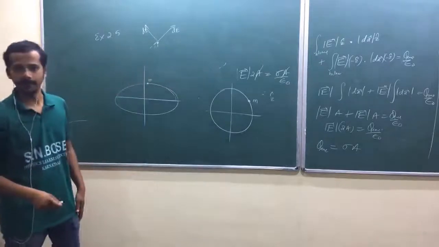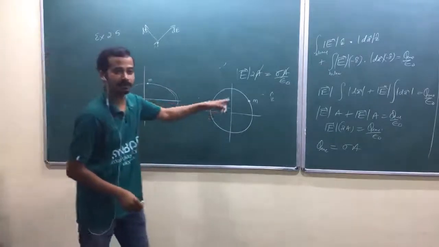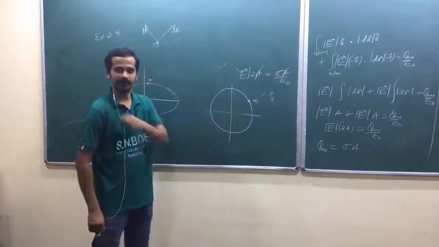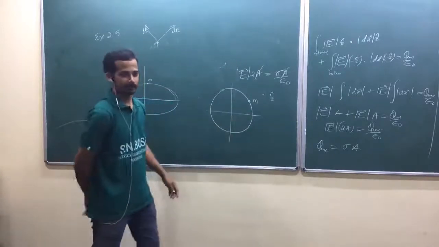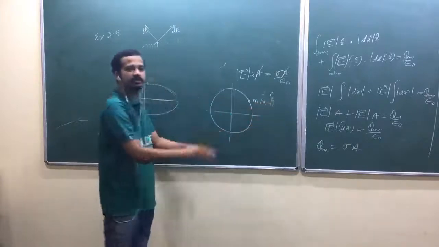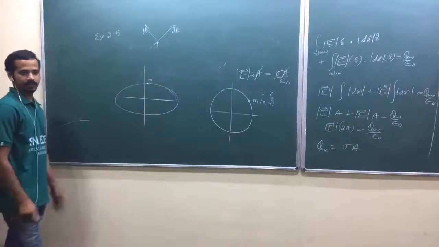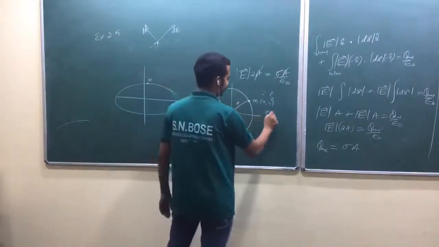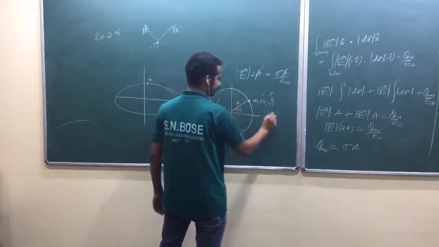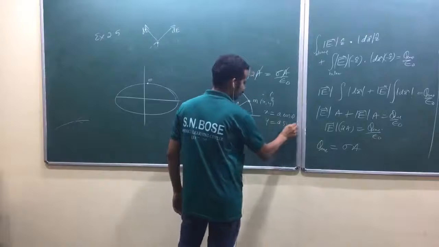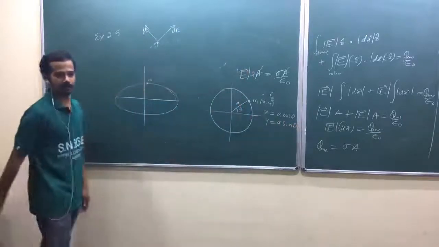What is the degree of freedom? Now you have a coordinate system to transform, isn't it? Plane polar coordinate. Are you getting my idea? Actually, both x and y are needed in Cartesian, but Cartesian is not a generalized coordinate. Why? Because x and y are related now. Suppose this is a, x equal to a cos theta, y equal to a sin theta. x and y are related, they are not independent, am I right?